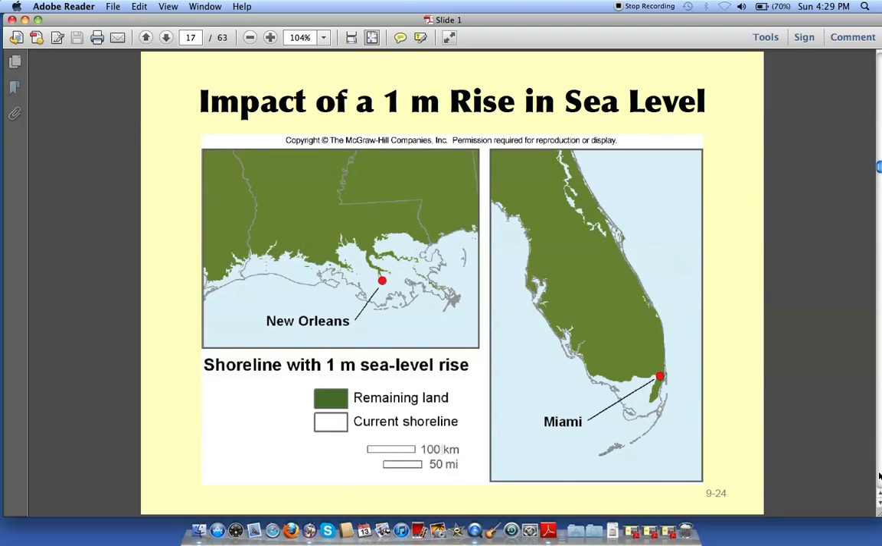Just a little example of what could happen if we had a 1 meter rise. That's about 1 meter, I guess, would be almost about 3 feet. But 1 meter. If global warming caused the glacier ice caps to melt, which it's doing, and sea level rose 1 meter, then Palm Beach State College would be probably underwater,